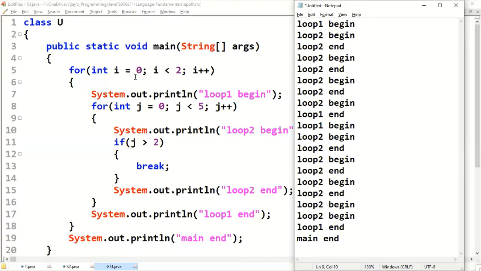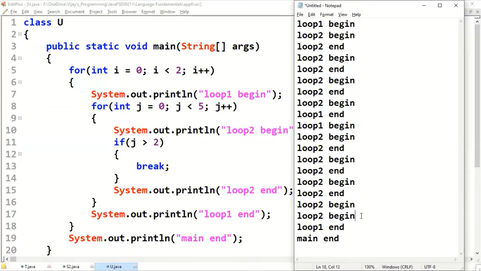Then the outer for loop, i becomes 1. So loop 1 begin, then the 0th iteration of the inner for loop, 1st iteration, 2nd iteration. For the 3rd iteration, what happens? Loop 2 begin only. Then the if block is there, 3 greater than 2. Yes. Executing break.